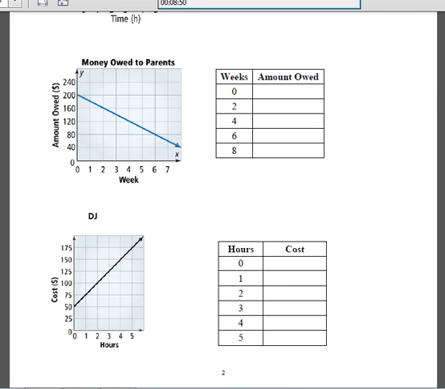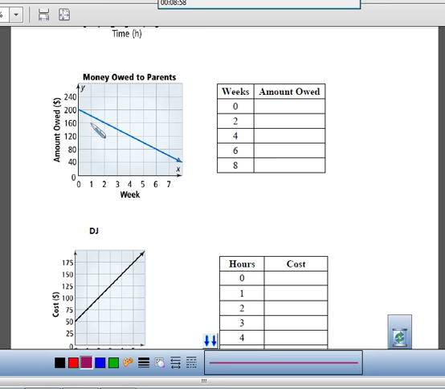Alright, so, next one, money owed to parents. Now you'll notice that this one is, the line is leaning in a different way. So at 0 weeks, somebody owes their parents $200. Now, why does this line look like it's decreasing or going down? Well, because as whoever this is pays back their parents the money, the amount of money,